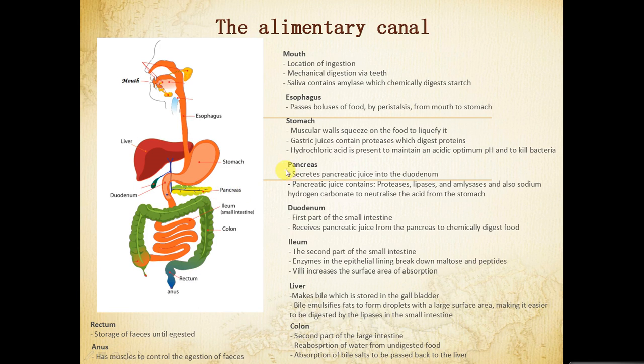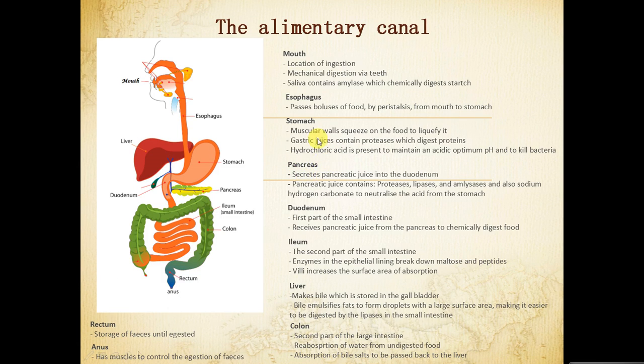And then we have the pancreas. Okay, and the pancreas is very important because it secretes pancreatic juice into the duodenum. And the pancreatic juice is a liquid that contains proteases, which digest proteins, lipases, which digest lipids, and amylases, which digest starch. It also contains sodium hydrogen carbonate because the enzymes within the pancreatic juice don't have the optimum pH of